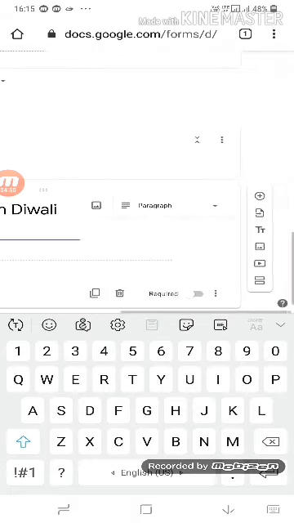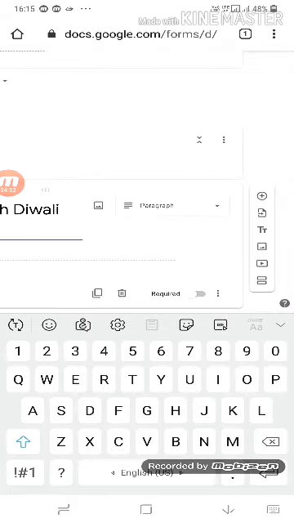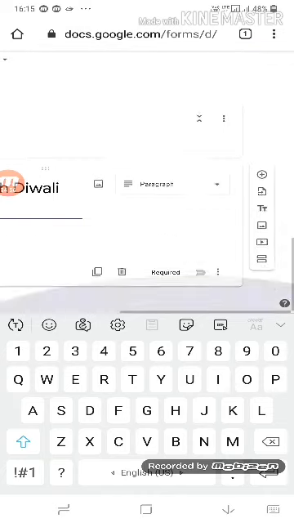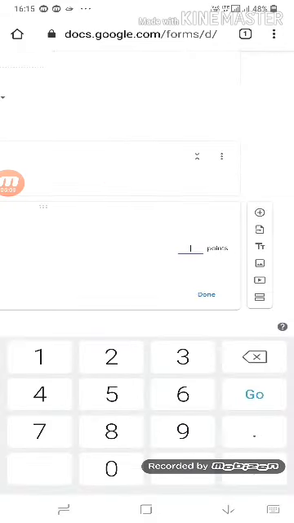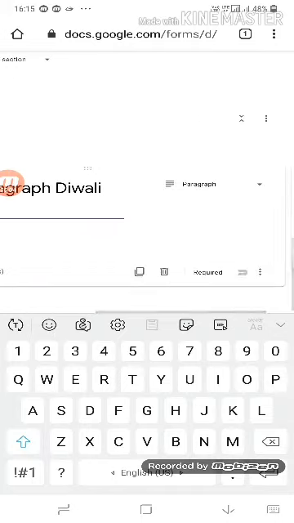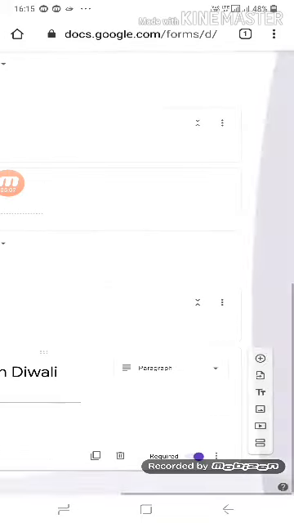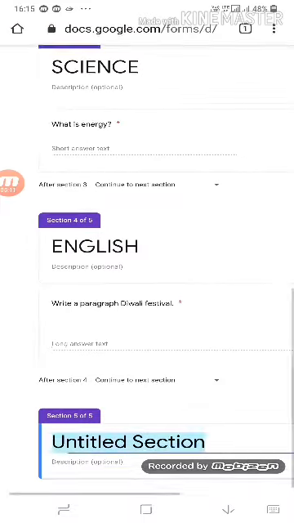Okay, so it is in paragraph, so they can write a long answer. So I am giving here 10 points, and this is required. Okay, so I am creating one more section,